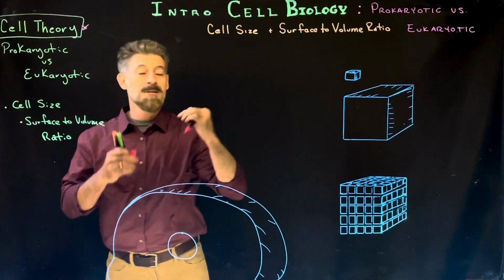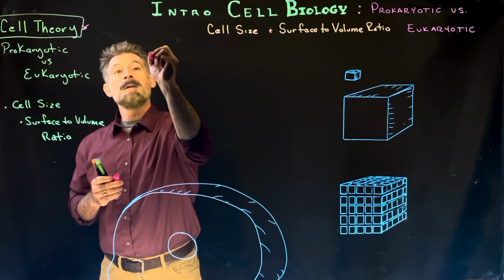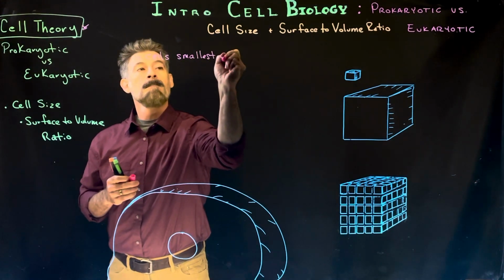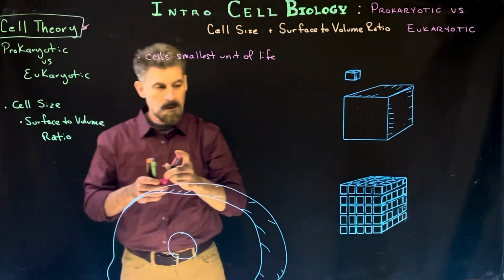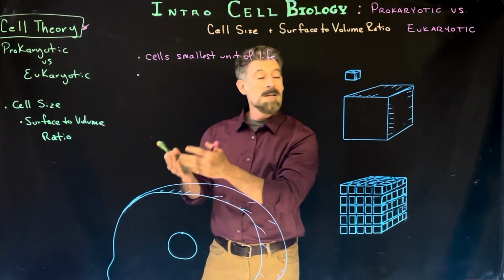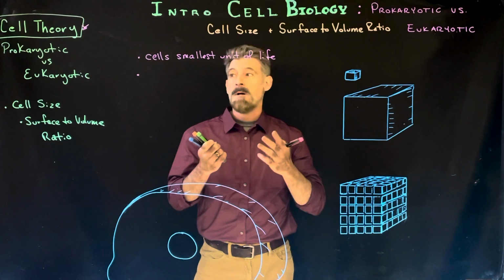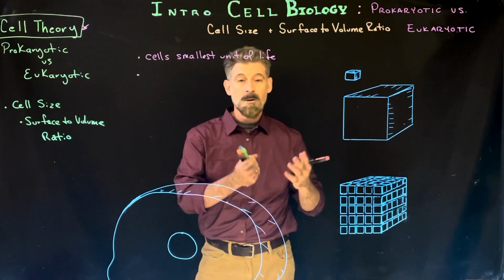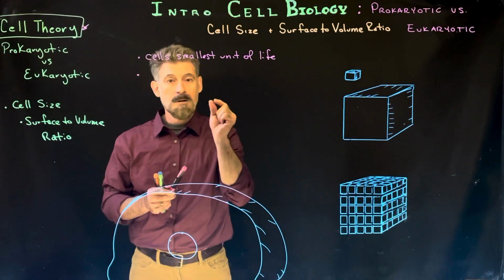And cell theory states there are really three kind of parts of this that cells are the smallest unit of life. All right, so that's the first one. It's not anything to really argue about. So cells are single-celled organisms. That's what we're talking about with prokaryotic cells. They're all single-celled organisms. Eukaryotic cells, some of the first groups of eukaryotes are also single-celled organisms. And then we get into multicellularity, where we have then colonial and multicellular organisms to start to create very complex sorts of things. But the smallest unit is a cell.